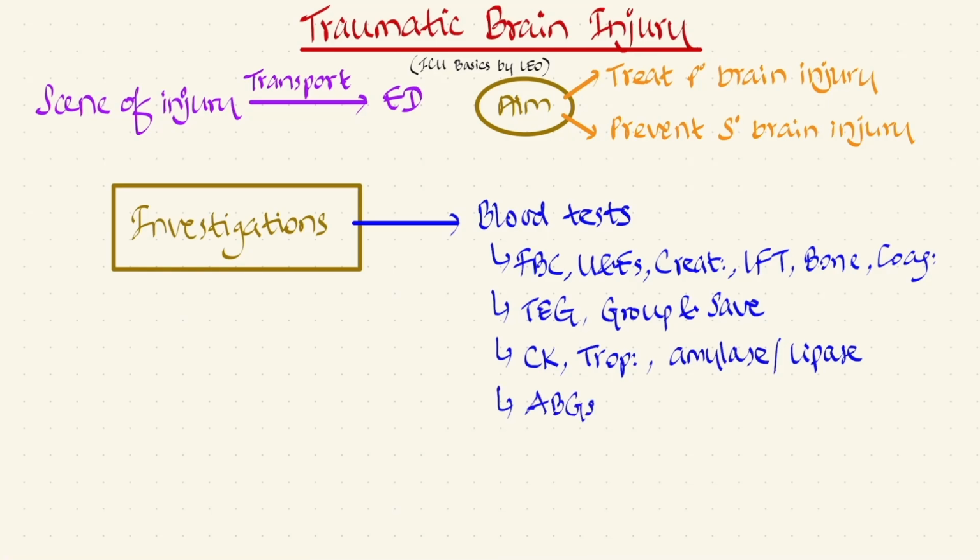Arterial blood gases should be done to monitor pulmonary gas exchange and metabolism. Furthermore, initial radiological investigations like X-rays of chest, pelvis, and lateral cervical spine, and abdominal focused assessment with sonography for trauma, known as FAST scanning, could be performed as well while continuing resuscitation care. Bedside transthoracic echo could be helpful to identify neurogenic pulmonary edema and cardiac stunning due to catecholamine storm caused by